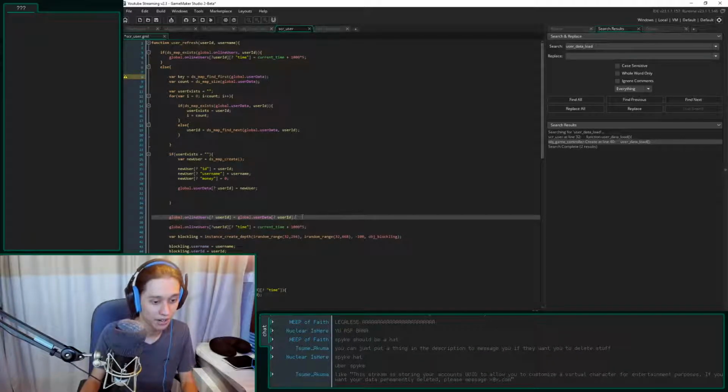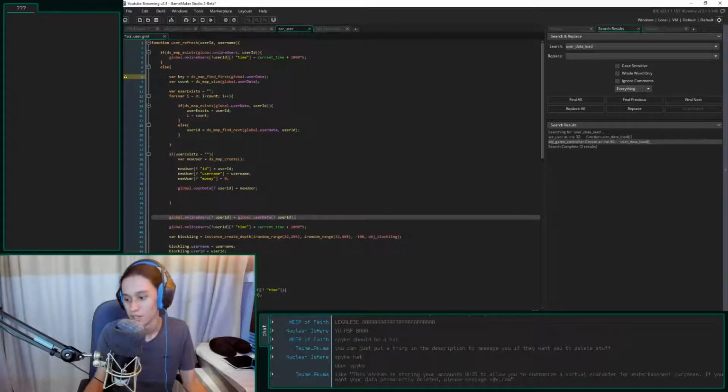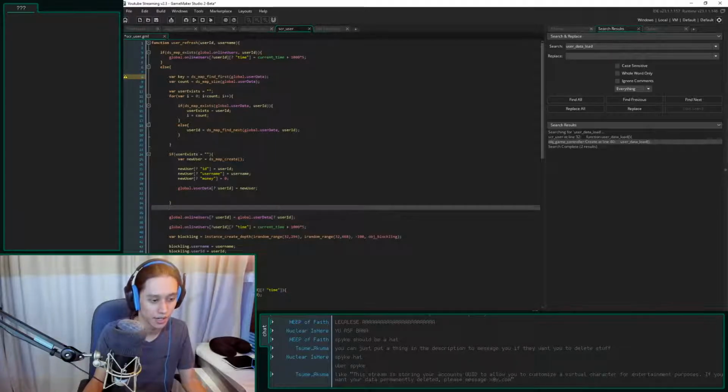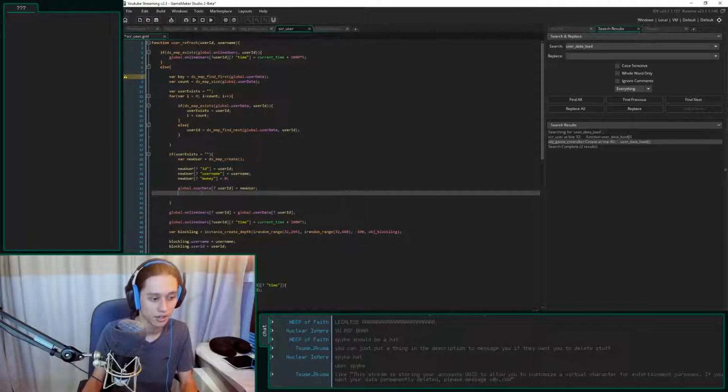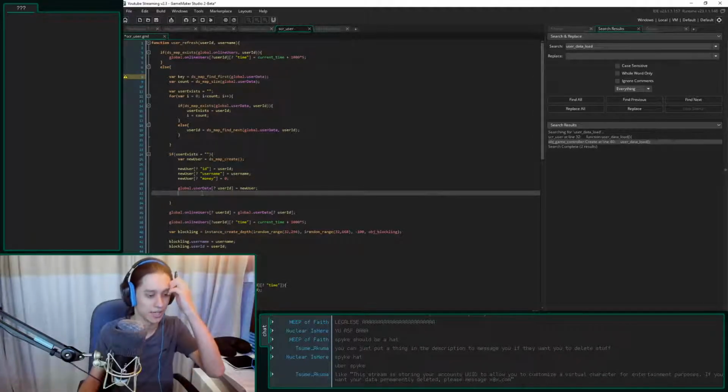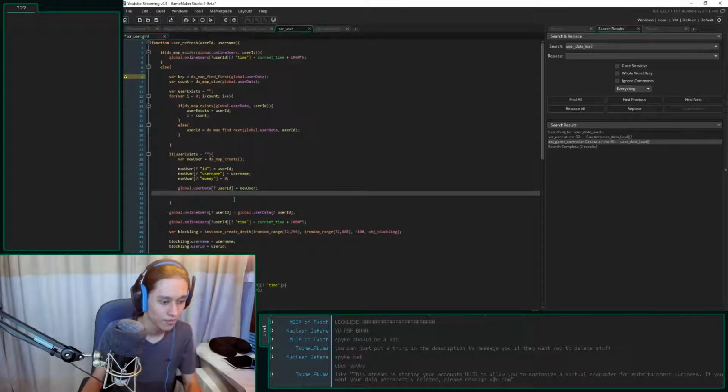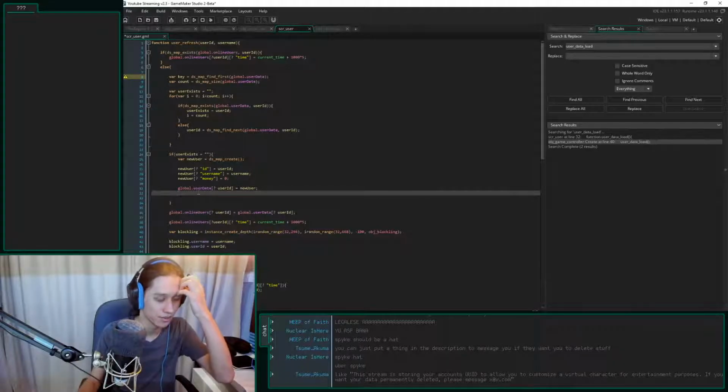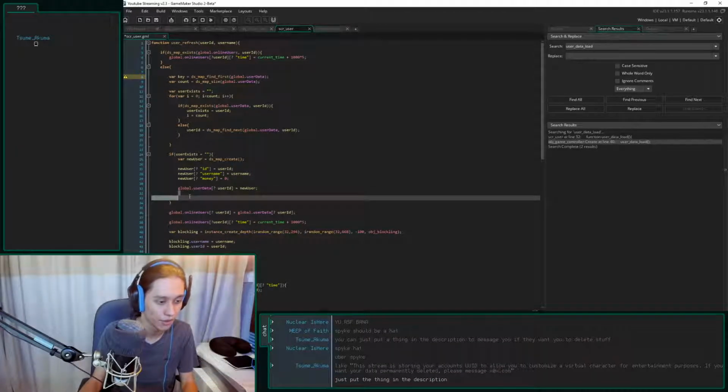I'm not exactly sure. I could have a little pop-up that comes up somewhere, or a tiny bit of information with a link to a place where I can easily store text, like an online text thing, and then I'll have a bunch of detailed information. That's a good idea. Or a Google Doc. I can literally just have a link to a Google Doc sitting there. Or you can type an exclamation mark command, and it'll send you the link to the Google Doc of all the rules and stuff.